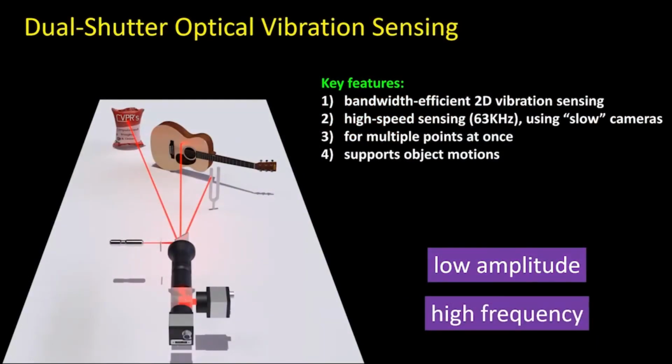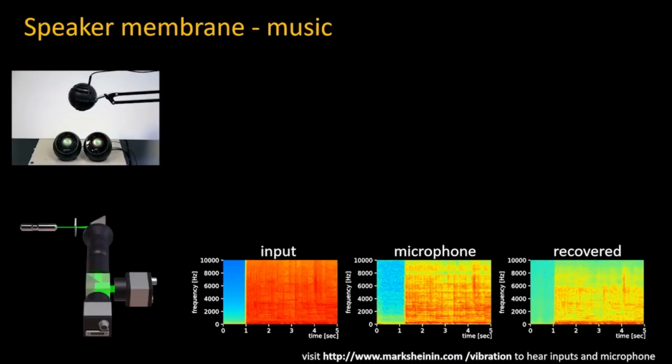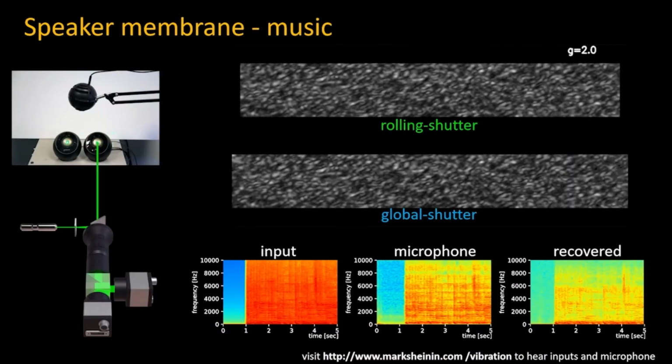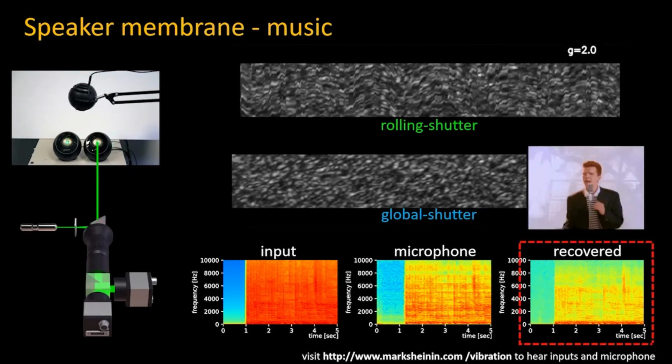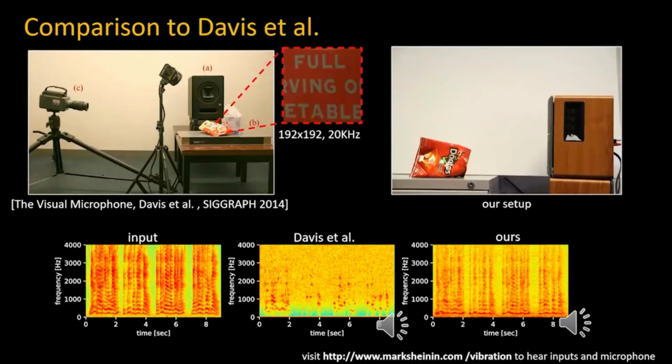In this paper, we propose a novel dual-shutter imaging system for sensing low-amplitude, high-frequency vibrations. Our method can sense multiple points simultaneously and can also support object motions such as the natural motions of a guitar player. We demonstrate our method by capturing various audio sources, like a speaker membrane, a chips bag reacting to a nearby sound source,